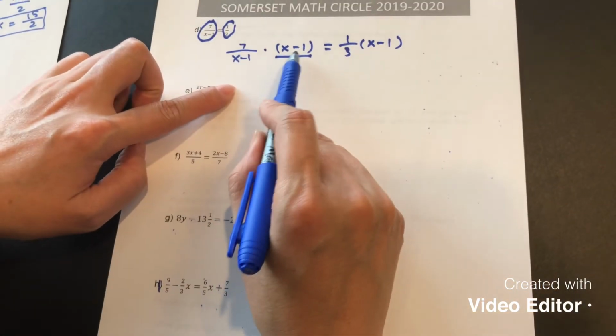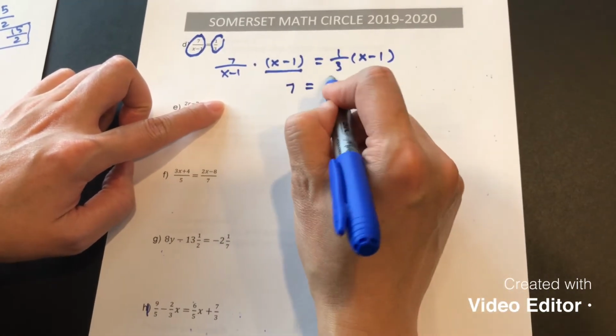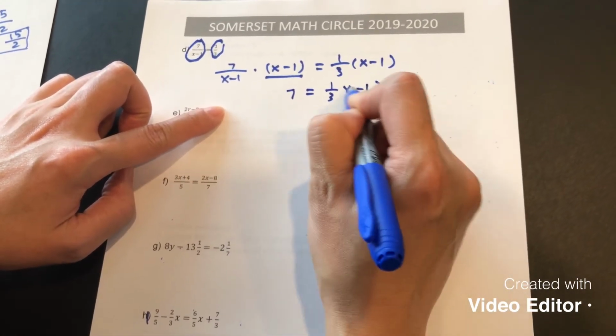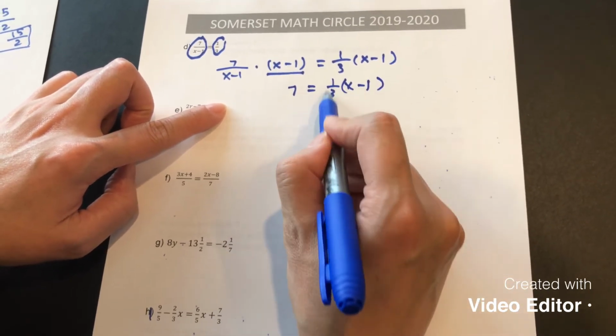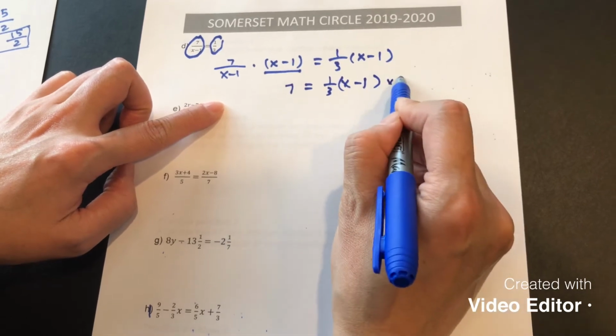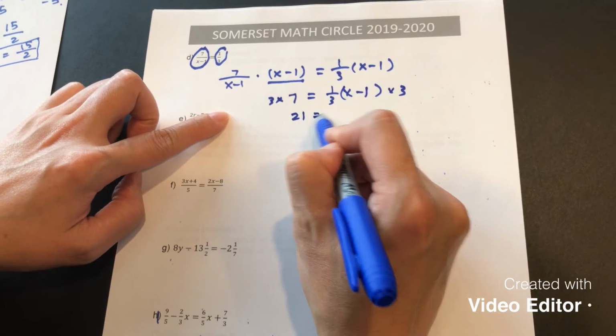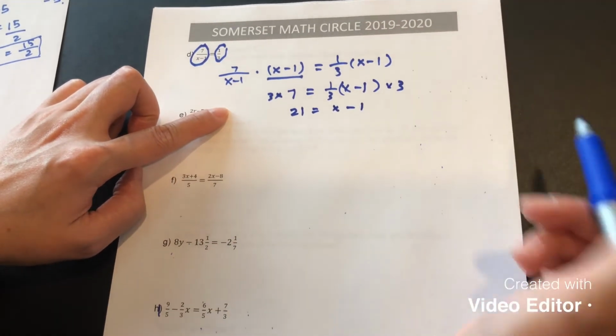So here, if we multiply x minus 1, left side is 7, right side is 1/3 x minus 1. So we can get rid of the 1/3 by multiplying 3 to each side. So left side is 21, here is x minus 1. Okay,